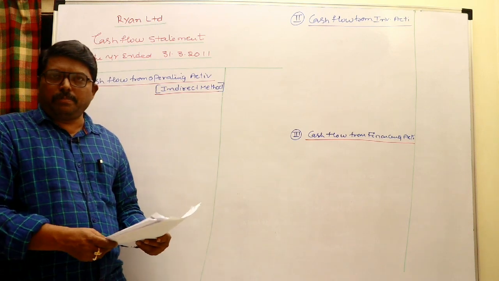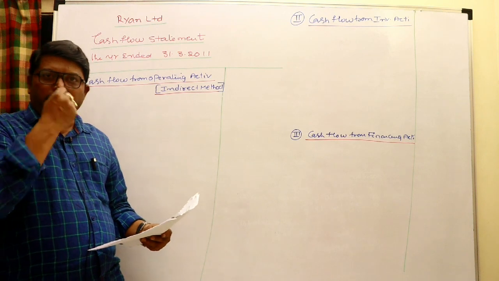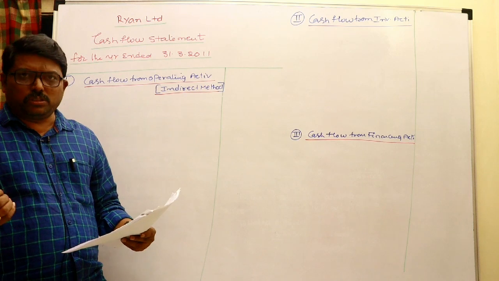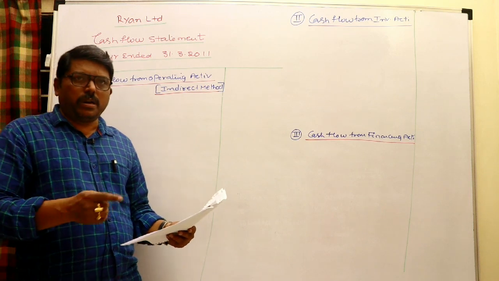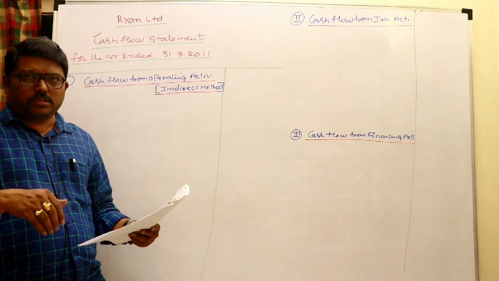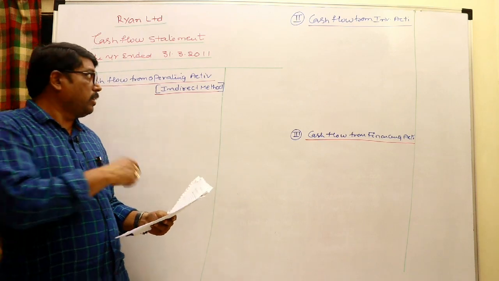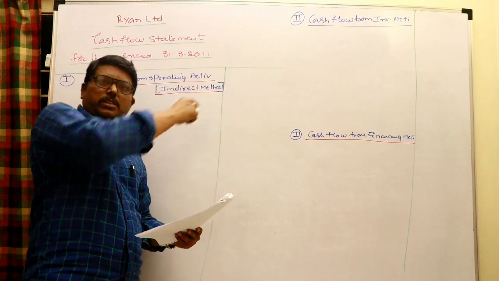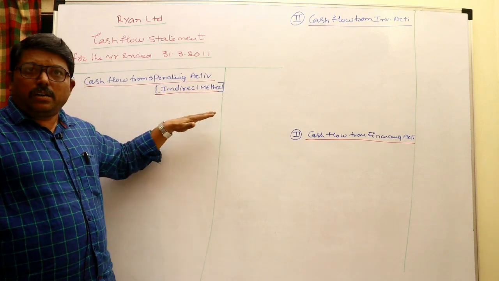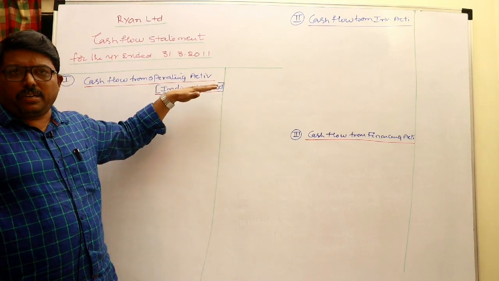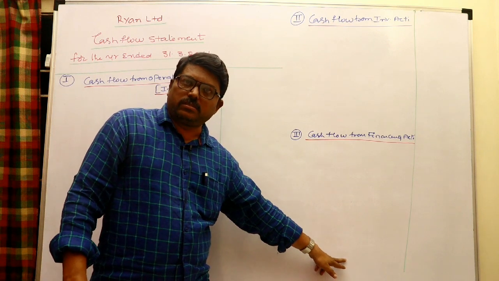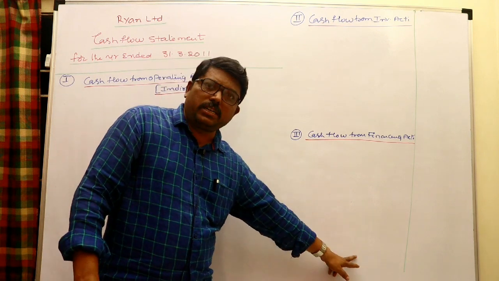There is 8,000 dividend paid out of 16,000. If 8,000 dividend is paid after appropriation, the profit would be 8,000. So when you check the balance sheet, that is after dividend payment, only 8,000 is the profit that is known here. But if you would like to start here with 8,000 net profit as per balance sheet, then what are you supposed to do? Dividend proposed and paid should be added back because it is a financing activity, 8,000. That should be deducted here. Added and to be deducted.